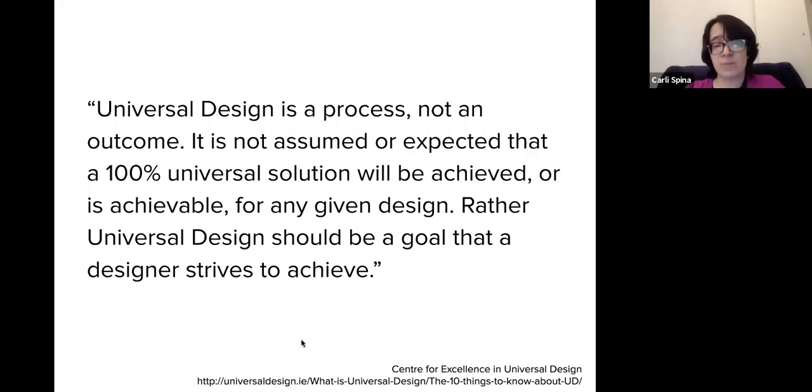As we do new design projects, as we develop new services, as we come up with new programming, we should always be looking at it as a time to improve inclusion, to gather feedback about people who feel that their needs aren't being met, and to really critically think about how we can make changes that will better include them in our library spaces and in our library